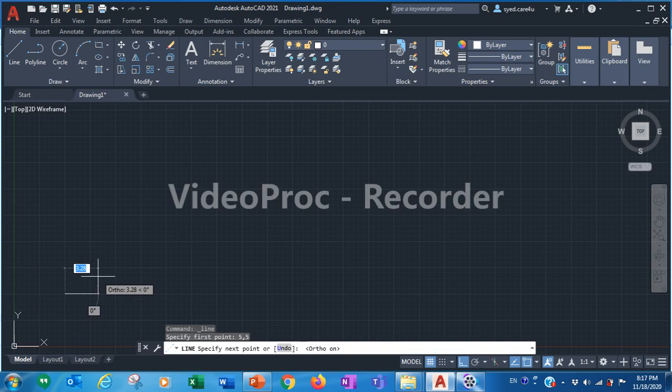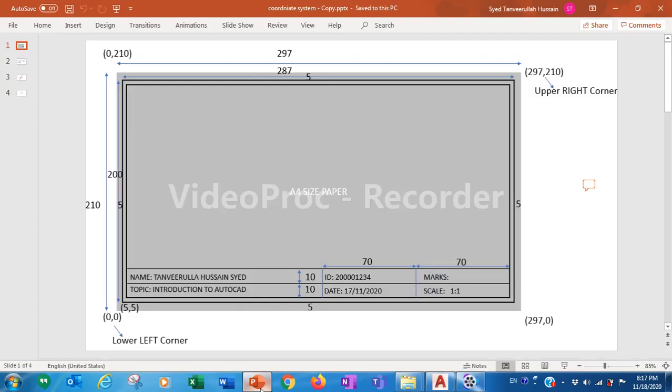Now see here, what is the length we need? What is the length of this rectangle from this point to this point? It is 287.